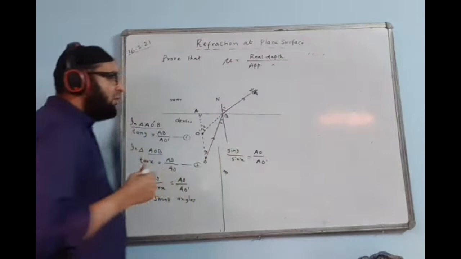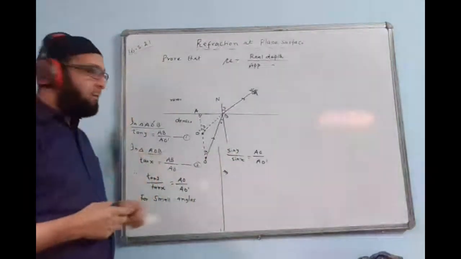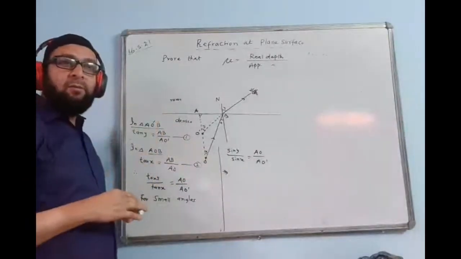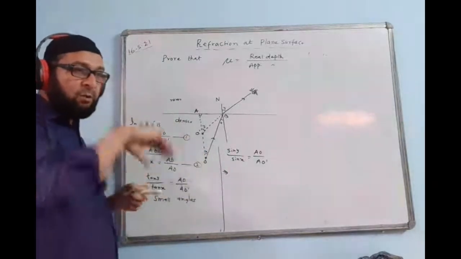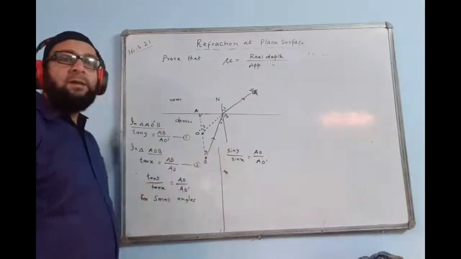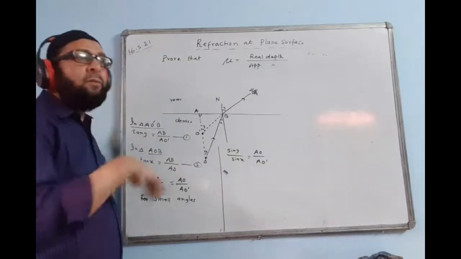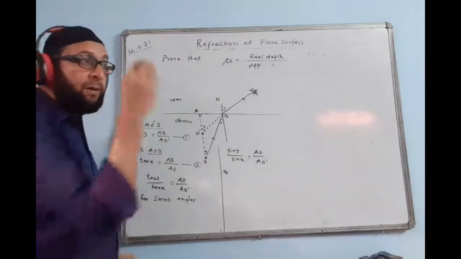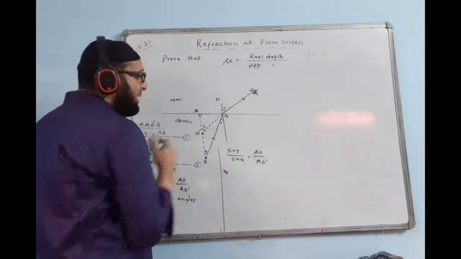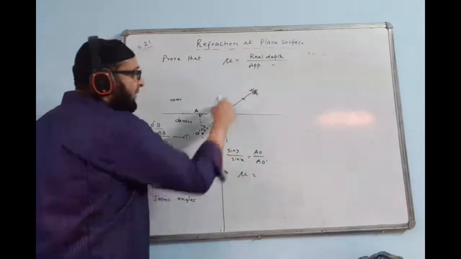Sine Y by sine X, you can see, Snell's law says mu is equal to sine i by sine r. But in the question paper, they will give the inside medium with respect to the rarer medium. For example, the refractive index of glass with respect to air will be given. So whenever we apply the formula of mu, sine i by sine r, we always take it from the rarer angle to the denser angle. No matter whether the ray is actually going from denser to the rarer, we take it from rarer to the denser way. That is easier. So rarer angle is Y and the denser angle is X. Sine this by this will become mu. That means from rarer to the denser medium way we are taking it.